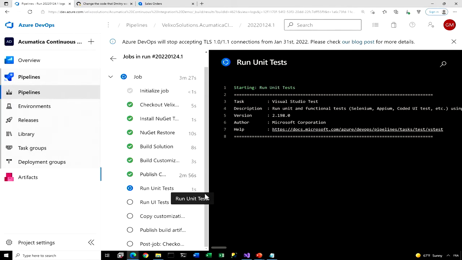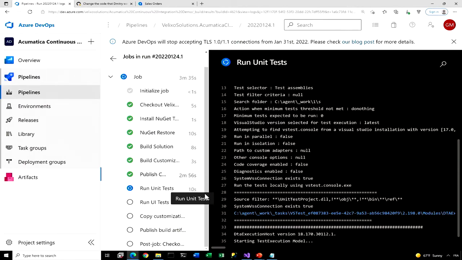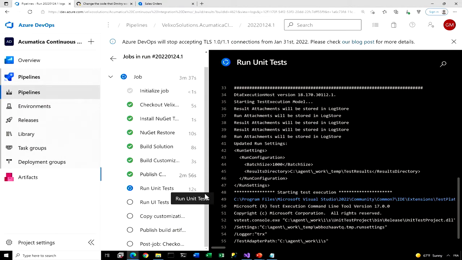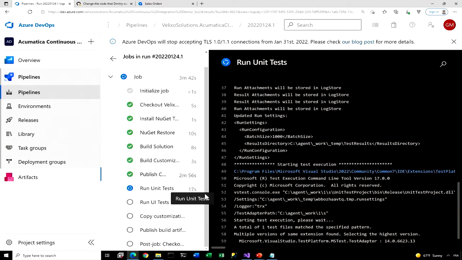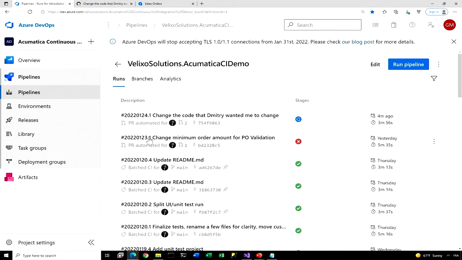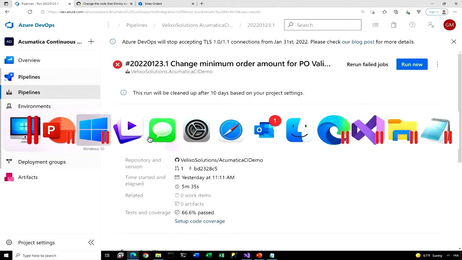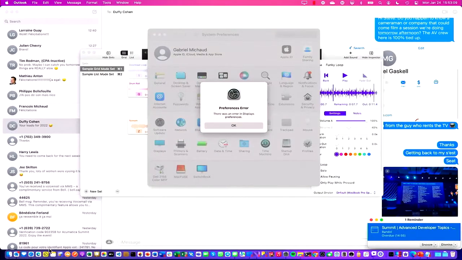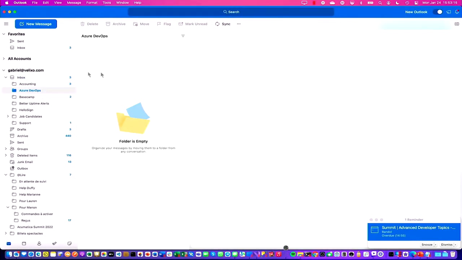Oh, finally. So now it's going to run the unit tests. That should take less than a minute. You know what? Let's take the last test run in the interest of time, because the last test run also failed. I committed with $5,000. So what would happen is that you mentioned the text message. That's a good thing. In my case, it's not a text message. I do get an email message here,